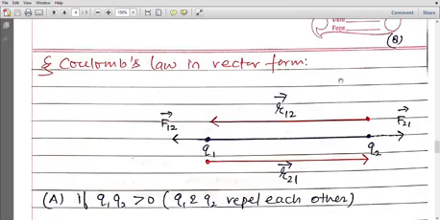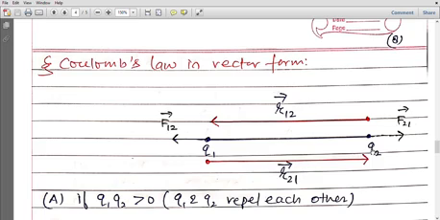Now, this formula was about Coulomb's law to find its magnitude and direction. Now we will express Coulomb's law in vector form. Whenever we represent a law in vector form, it is compulsory to represent the formula in two parts: one is magnitude and the other is direction. In the first case, we take Q1 and Q2 greater than 0. It means the charges are like charges, and it is known that like charges repel each other. So here this is charge Q1, this is charge Q2.